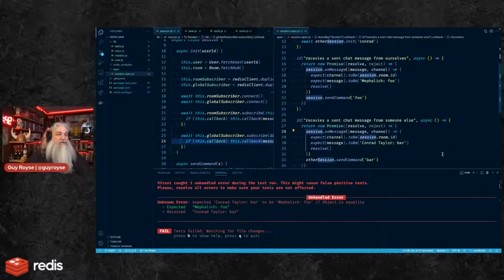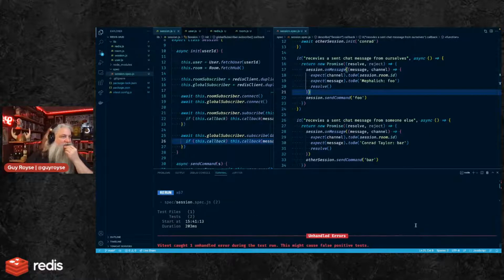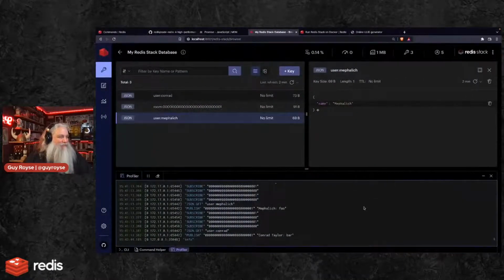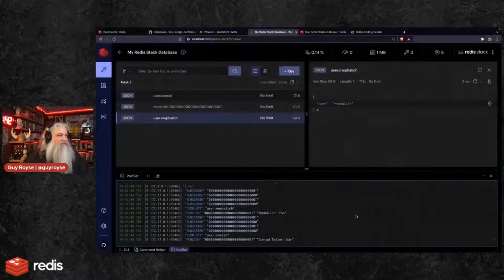Like this actually should be true for both sessions being sent in. Right? Like this on message here is going to get called twice. So I'm actually pretty confident I did this right. It just, I've got multiple handlers.